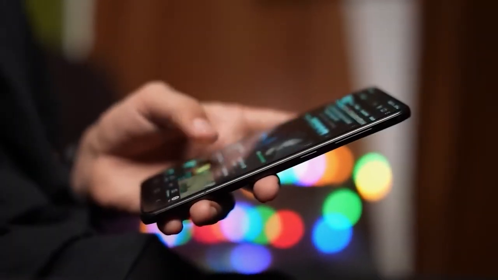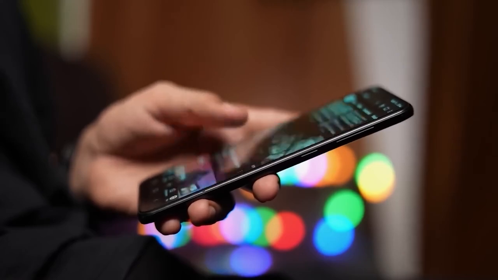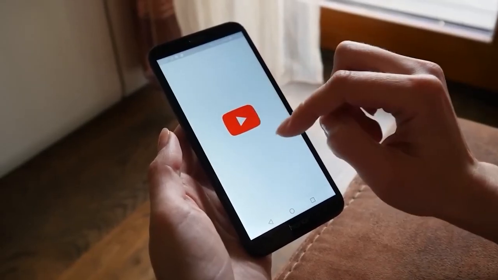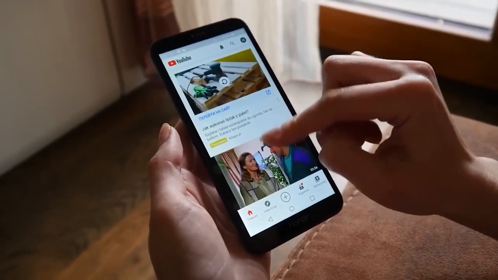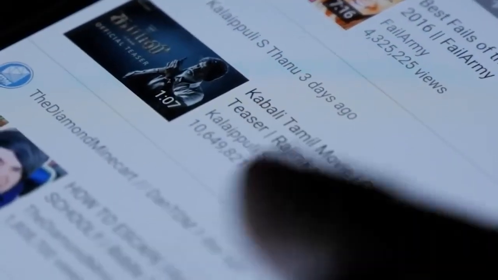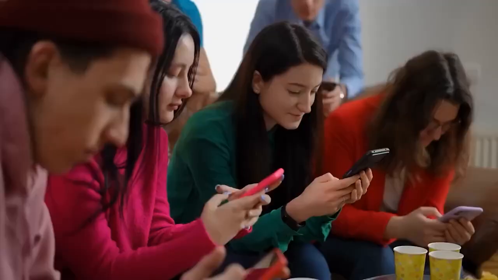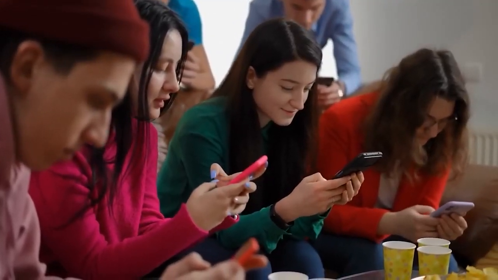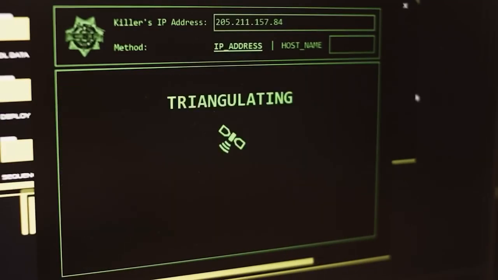Your phone has one. That server holding the YouTube video has one. And right now, your device is about to send out a request saying, I need this video. Here's my address. Send it to me. But before that request can go anywhere, it needs to know where to send it. And that's where the real journey begins.